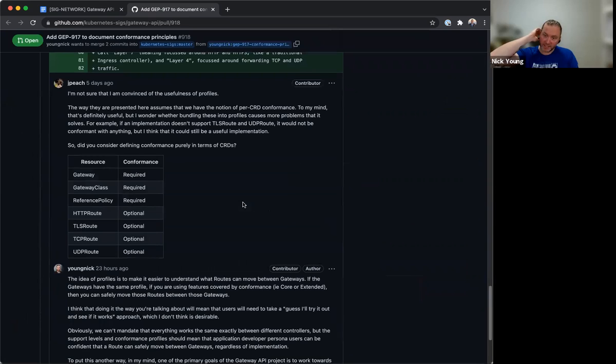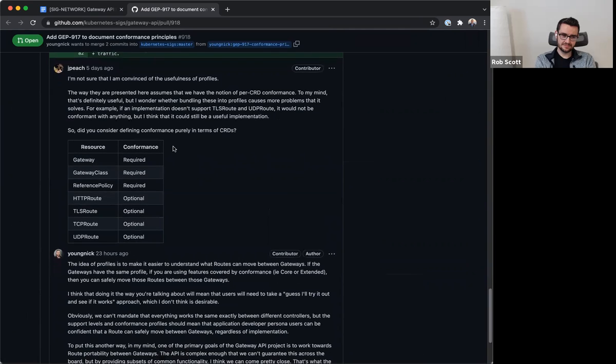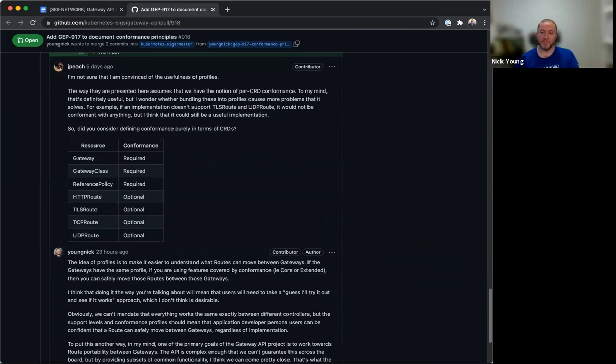But I think James was sort of saying why should we do profiles? I put a bit of a response there, but just to say it again, in my mind, this is a really big API that most implementations will not support all of. And in my mind, profiles are a way to subdivide the functionality and say, for this set of functionality, if you support some of this, you almost certainly want to support all of it. And so we're going to carve that off and say this is a profile. And if you support this profile, then you should be able to move between them.